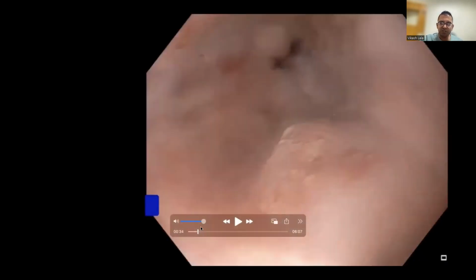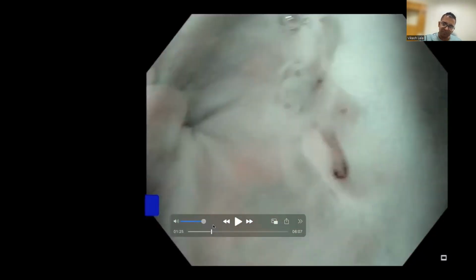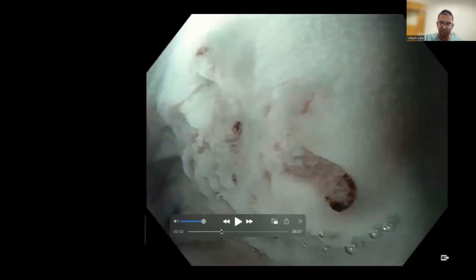So I then proceeded to do a closer look with image enhancement. And here I did have near focus. So I actually put it underwater. And what you can see when I put it underwater is it actually floats that lesion up and makes that bulkiness more apparent. So now you can see that little donut staring out at you a little bit more. Within that area, you're seeing an area here which clearly is irregular. There is no nice mucosal and vascular pattern, but there still is some vessels. So I call this an irregular area with some maintained structure. So I thought it was an early adenocarcinoma. And certainly, I think this is just the tip of the iceberg, and the whole bulky area represents actually adenocarcinoma.